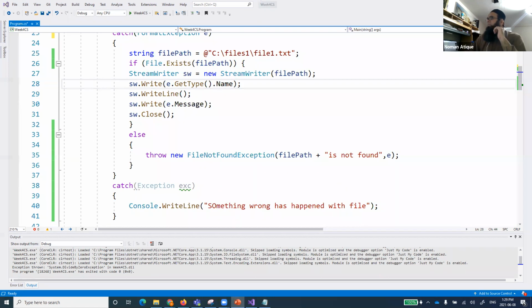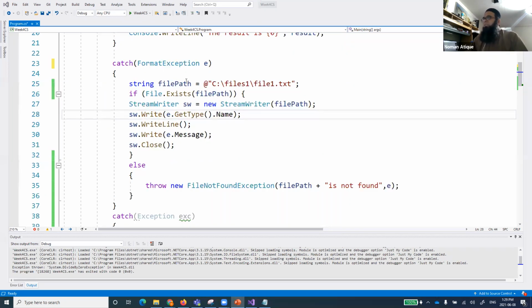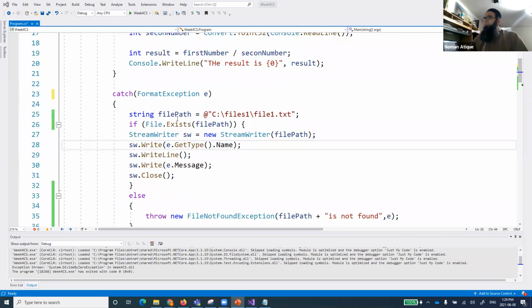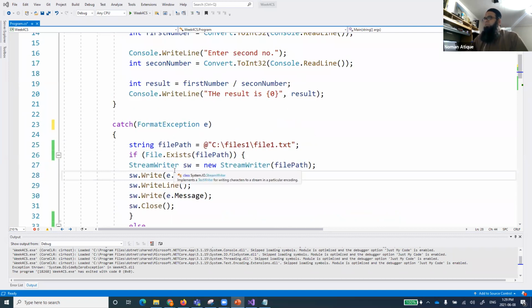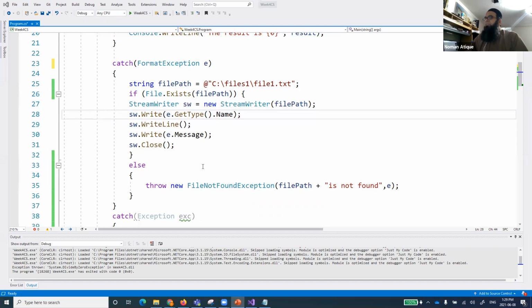Inner exception is that when we are calling an exception by ourselves, this is the first exception that has occurred, for which we have jumped into this catch. And now after coming into this catch, from here we are saying that if we do not find anything, you just go and find out that exception.